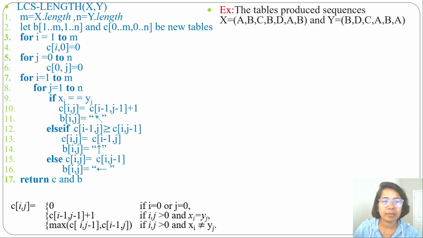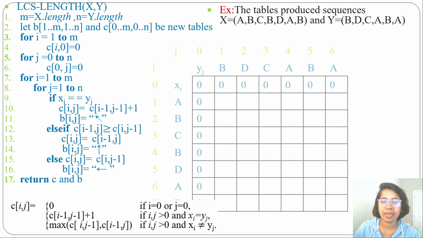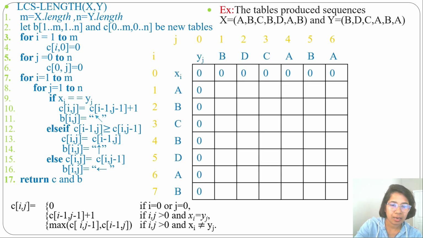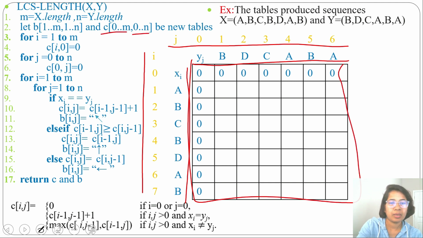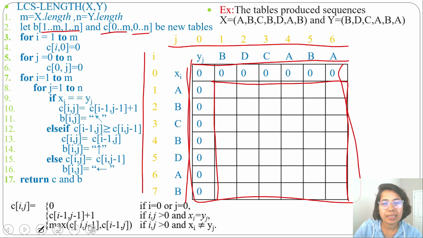Now we will create a table for finding the LCS length. So this is the table. i is at the left side, j is at the top. So this whole table is C. The C indices are 0 to m, 0 to n, whereas this inner table is B. The B indices are 1 to m, 1 to n. The C table will contain the C[i][j] values, while the B table will contain the arrows, from which value we are deriving